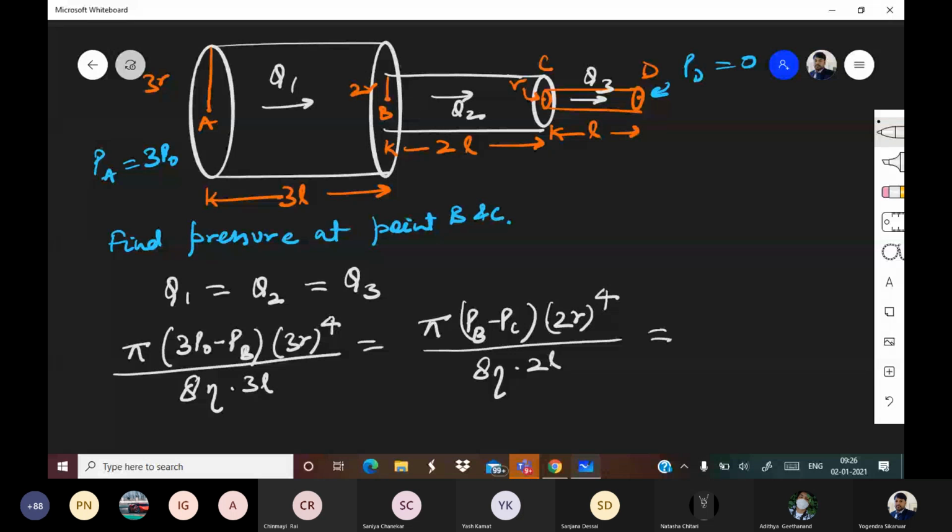And that should be equal to pi into PC minus PD. PD was given as 0. Good. Into R to the power 4